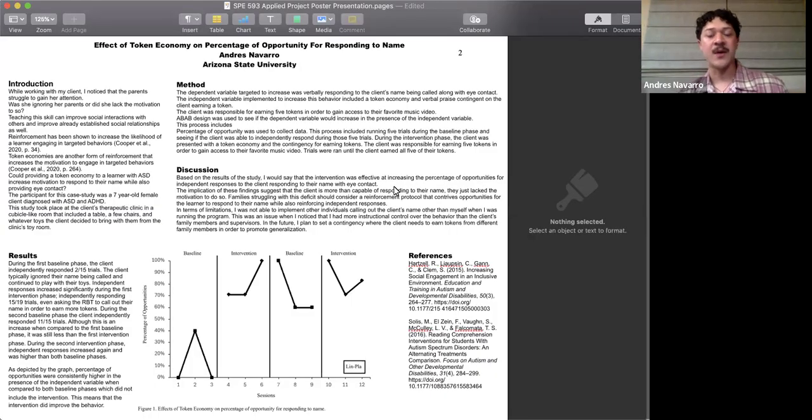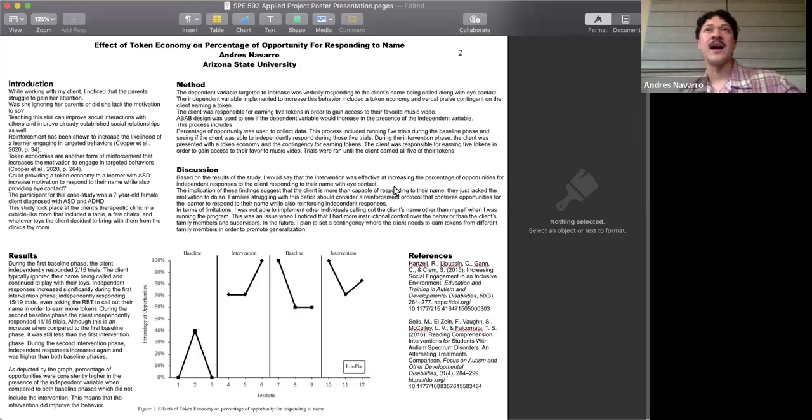The only thing that I would change from this project was I would incorporate more of the family members or other RBTs or something like that. And that's because I noticed that her parents would still struggle to gain her attention. Along with my BCBA, I remember there was this one time where she observed my session and she had to go through the same thing that her parents did, having to constantly say her name or block access to a toy just to get her attention.